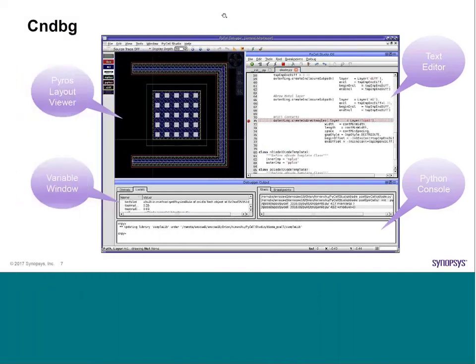So this is how the IDE looks. On the right upper side, you have the text editor, where I have created one breakpoint. You can see a red dot on line number 71. So when I execute the code, it will come and stop here. And at that point in time, I can use the Python console at the bottom to write my own code to do some experimentation. There is a variable window which shows me local and global variables, what the values are